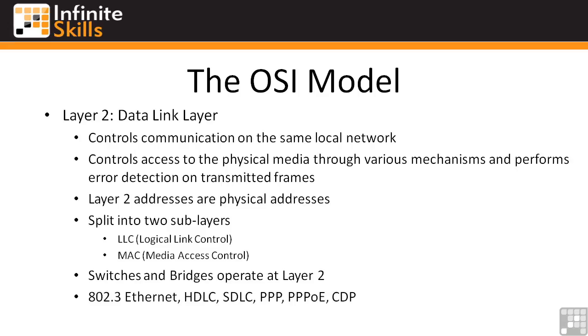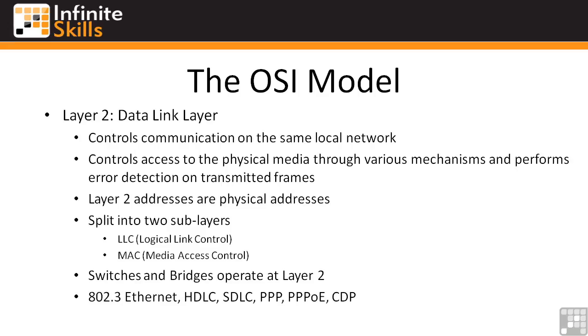The types of protocols you'll see running at layer 2 are 802.3 Ethernet, obviously, HDLC, SDLC, PPP, PPPoE for wide area networking protocols, and your good friend CDP, or the Cisco Discovery Protocol. Now, we'll get into that a little later when we start to use some of the routers and switches in our lab,